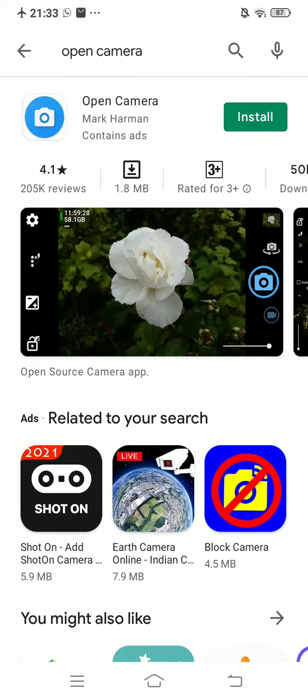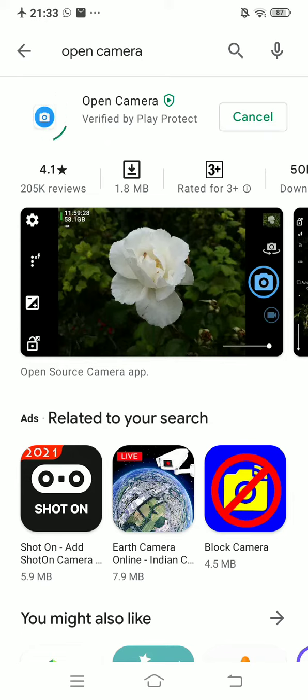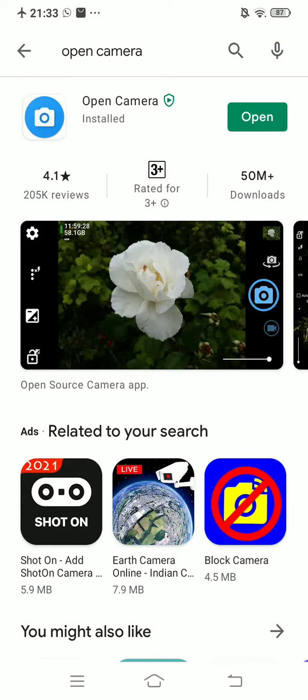Click on it. See this icon. This application is 1.8 megabytes only. Click on Install. After installation process is complete, open your camera,